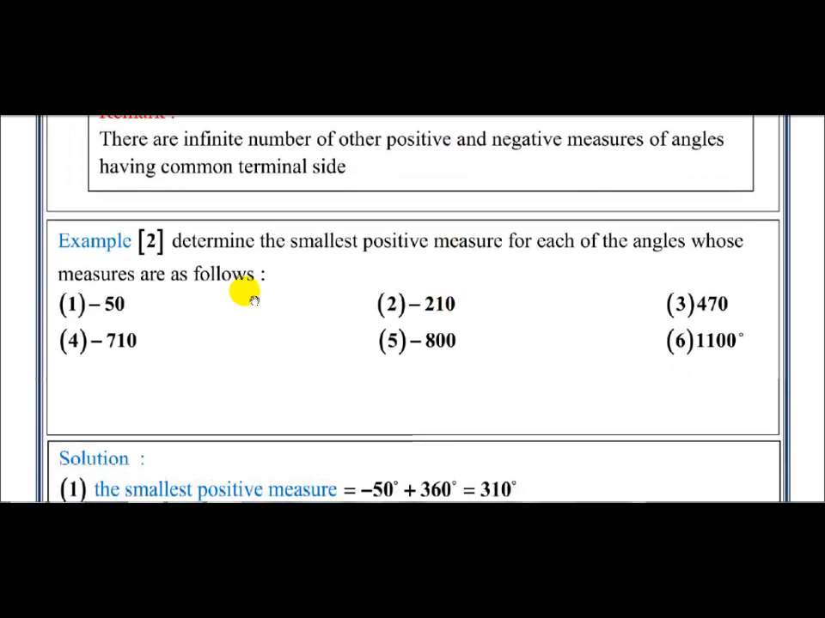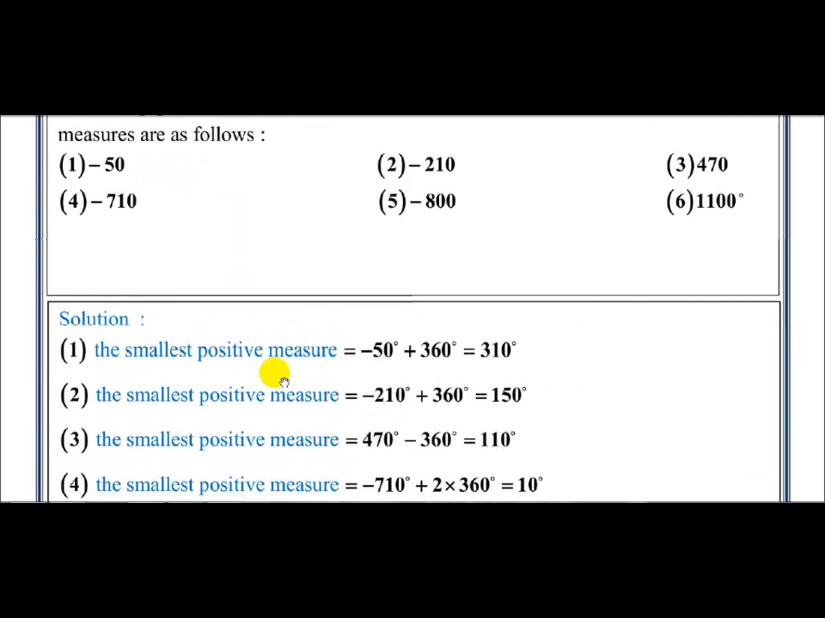Another example: determine the smallest positive measure for each of the angles whose measures are as follows. First question, negative 50. Negative 50 is a negative, then I add 360, and it equals 310. Second question, negative 210. Negative 210, I add